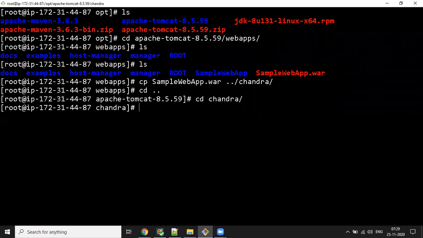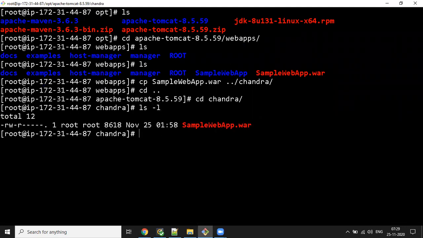Check whether the file is available in the Chandra directory or not. See, one war file is there. Now we can deploy. After you want to deploy from the Chandra folder, you need to configure this in the server.xml file, then only it is going to take.